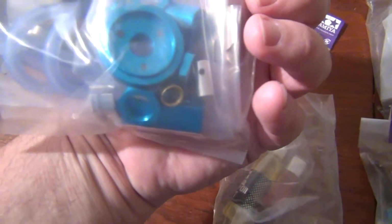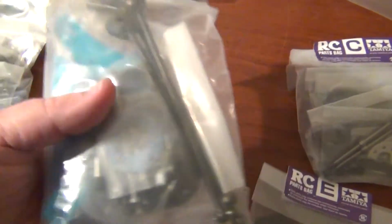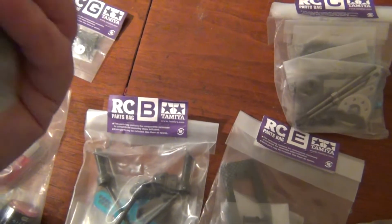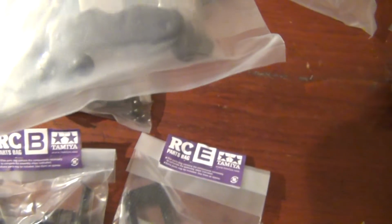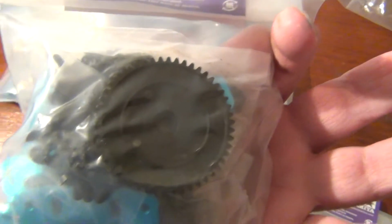Here's, looks like a diff, fuel line. It's got some weight to it, I'll tell you that. There's some dog bones and I don't know what else is in there. There's a slipper clutch, bevel gears, spur gear. There's the servo mounts,